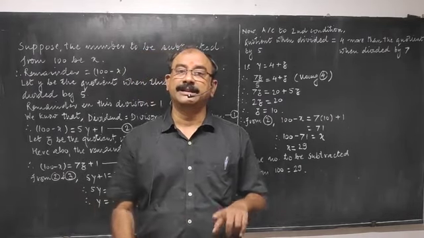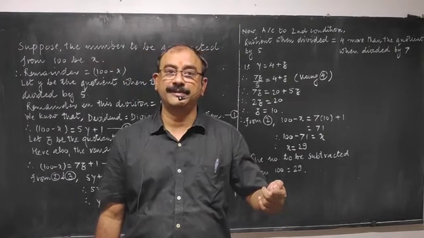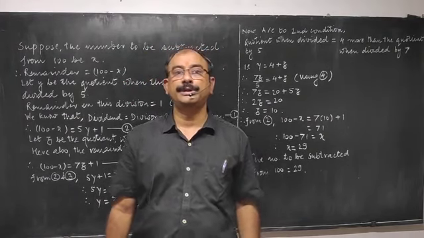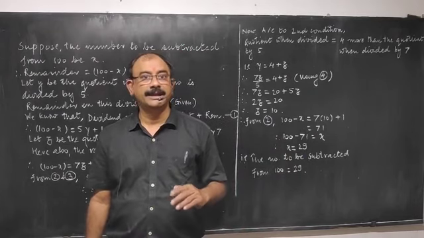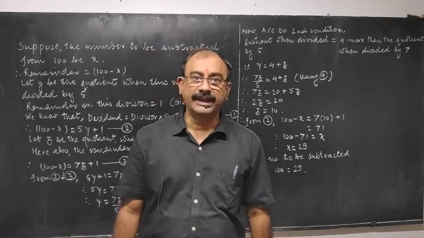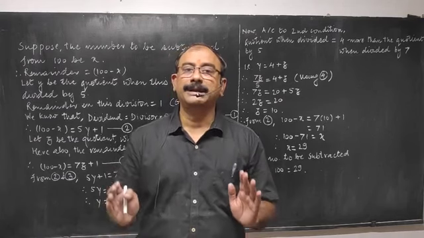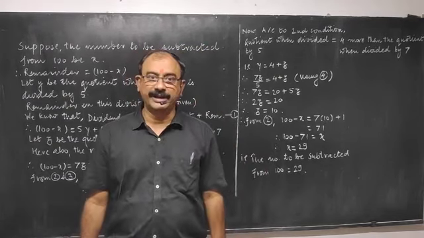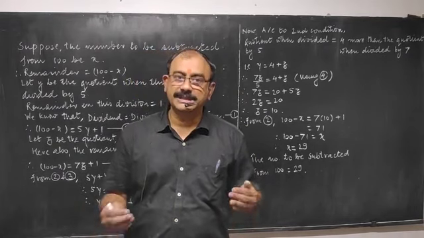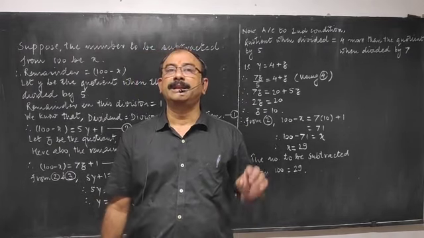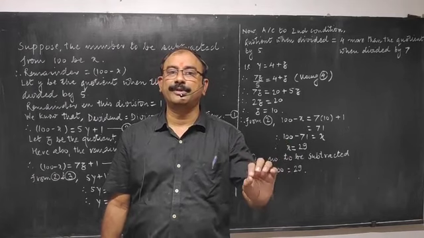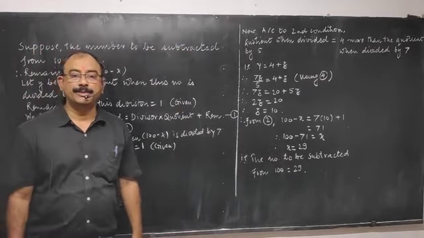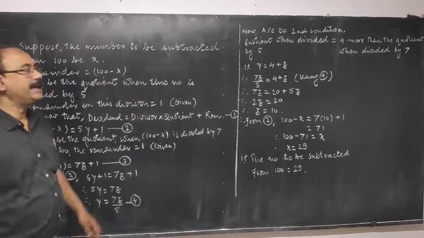It is said that the quotient obtained in the first division, when you divide it by 5, is 4 more than the quotient obtained in the second division, that is when divided by 7. So which number has to be subtracted from the first number 100? That is the question. So we start with the supposition that let the number to be subtracted from 100 be x.